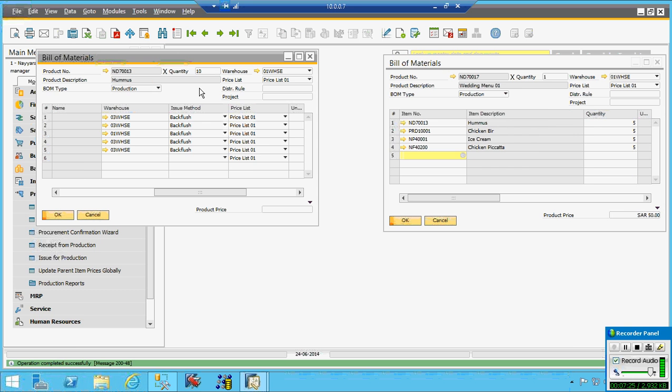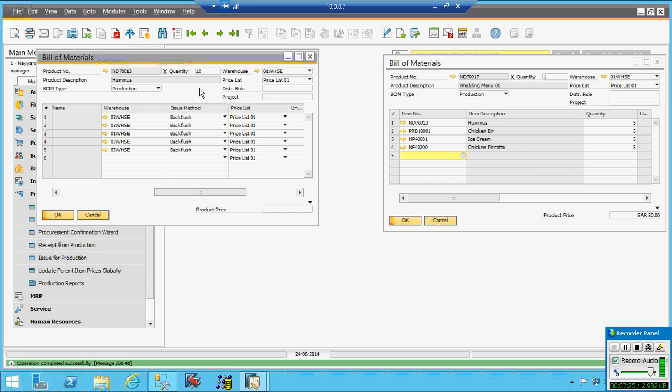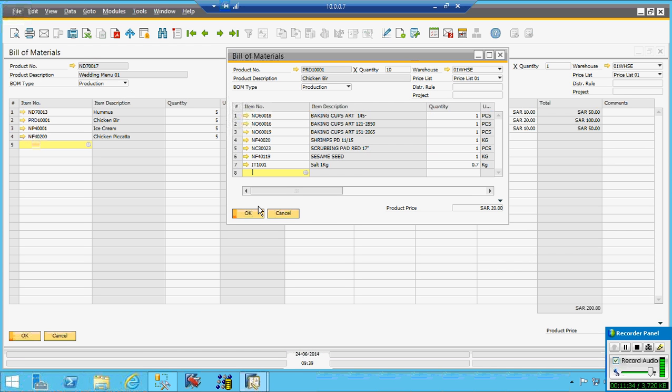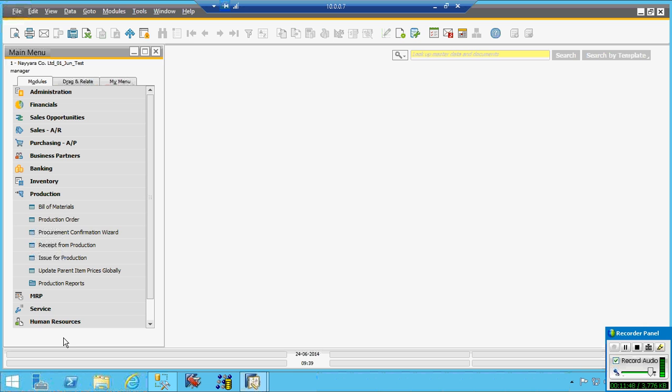Before the function, how will you control it? You will not get the actual cost.